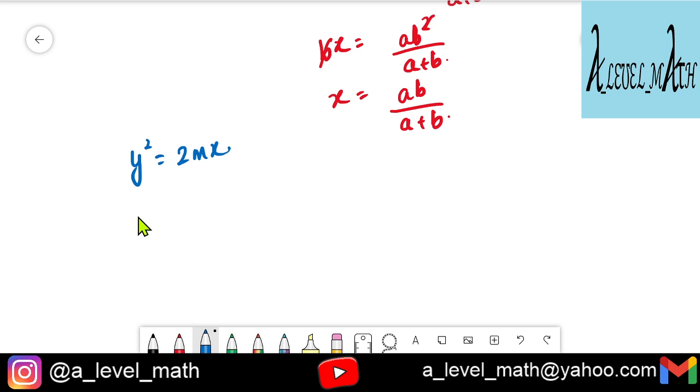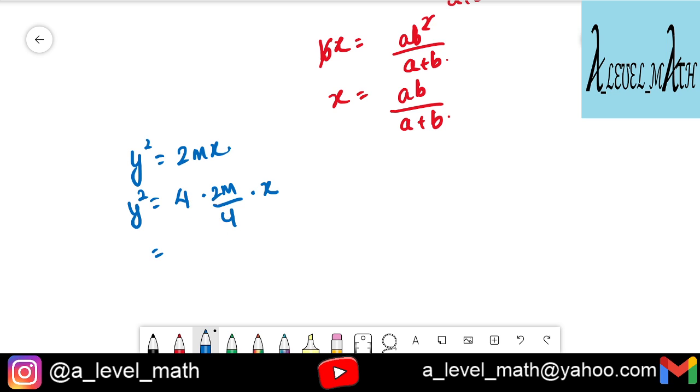But I know that my standard form of the parabola was y square is equal to 4 into a into x. Instead of a, we have some other things over here. So we need to convert this into our standard form. If you are not familiar with the first video, if you are not comfortable with this logic, just go and watch my previous videos.